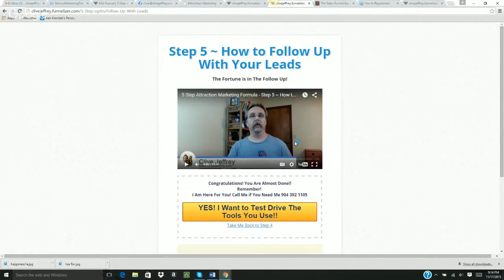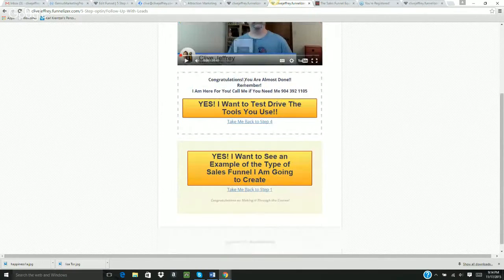So there you can see it's a fully comprehensive funnel, and you can see the process that they get taken through. This one provides a lot of value on the front end before you even ask for anything in return apart from their email. But that being said, what I will show you is, if we go back to step 1,